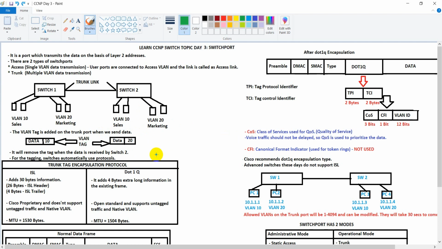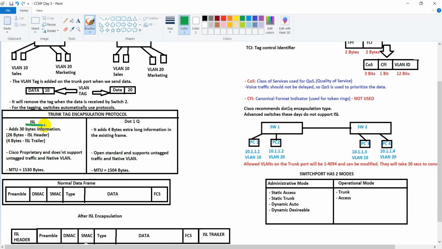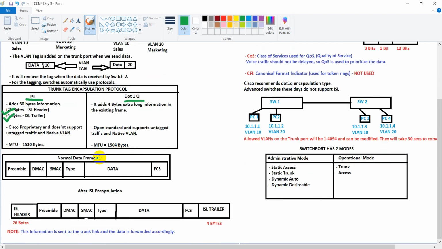So talking about the trunk tag encapsulation protocols, there are basically two, ISL and .1q. We talked about this in the last session as well. ISL will add 30 bytes of information, 26 bytes in the form of ISL header and 4 bytes in the form of ISL trailer. In the normal data frame, we saw that these were the components.